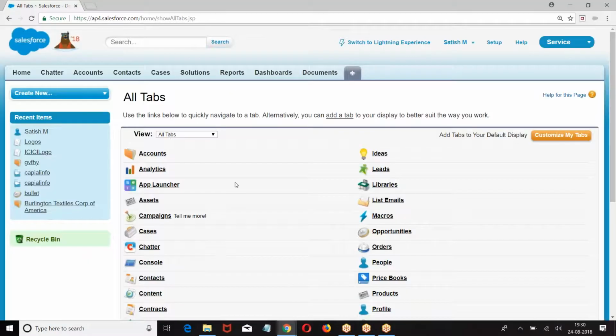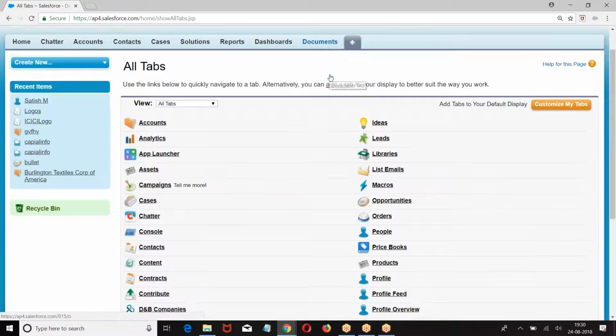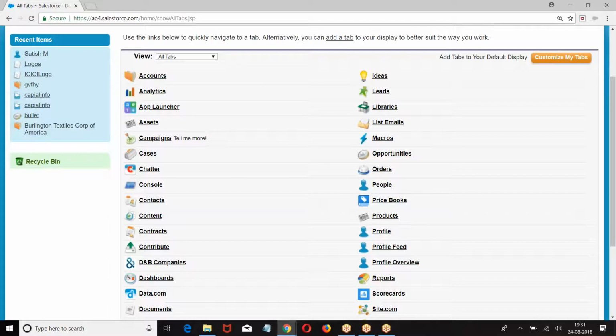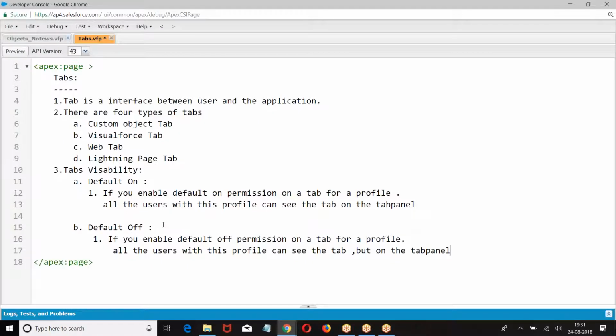When you say default on, the tab will be visible on the tab panel. Default off means you can see the tab like this, but not on the panel. You need to click on the plus sign and see it. I hope you're good.